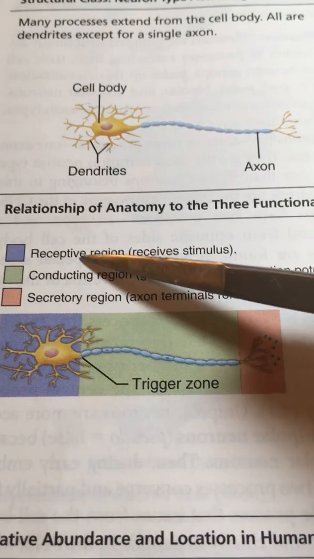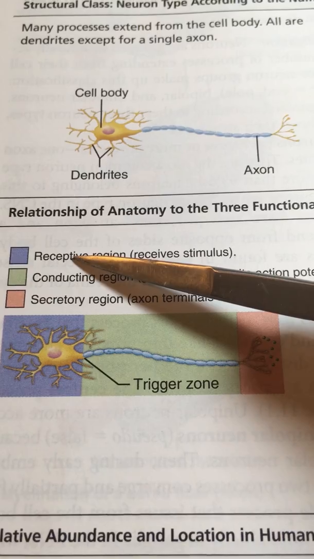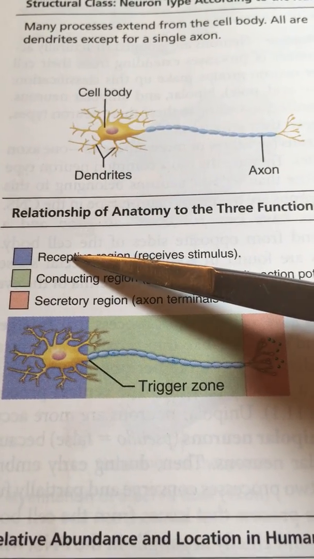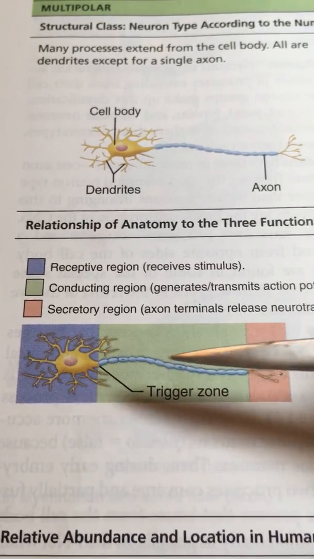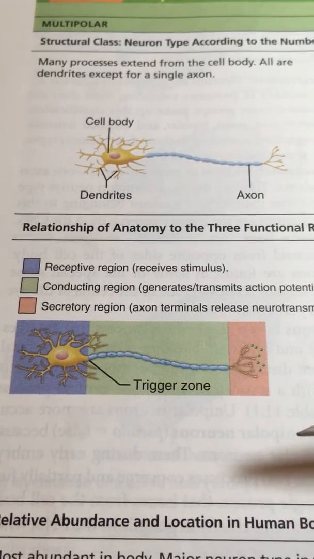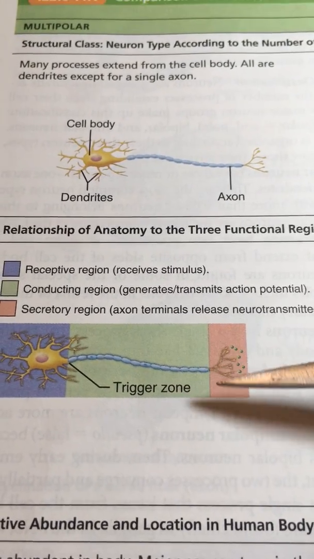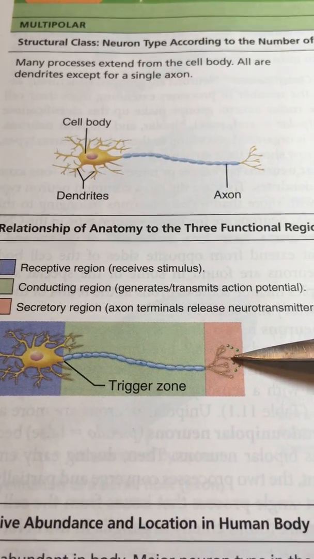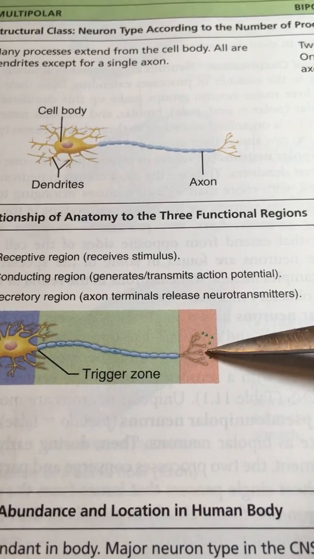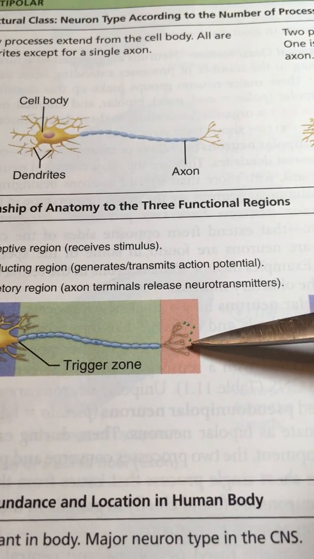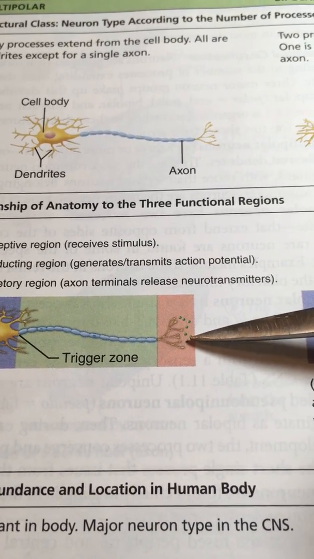You can see that that's the receptive region, according to the little information bar. Okay, then we have a conducting region, and then we have the region that's referred to as secretory. That is to say, the neurotransmitters will be transited down to this location